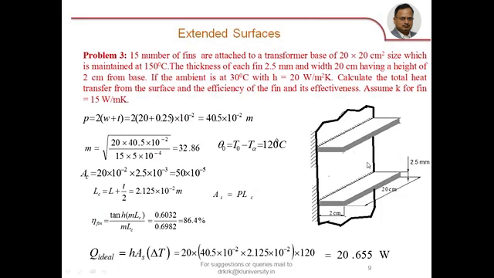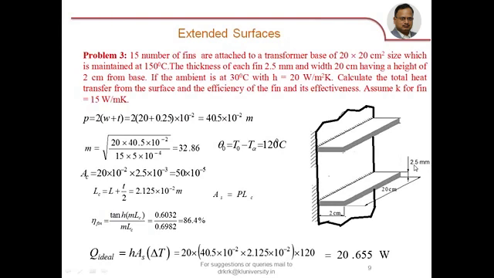Imagine 15 rectangular cross-section fins are attached to a transformer base of 20 by 20 centimeter square side and maintained at 150 degrees centigrade. That means this base plate is at 150 degrees centigrade. The thickness of each fin is 2.5 mm and width of the fin is 20 centimeters. This is the width. And having a height of 2 centimeters from base, that becomes the length. L is 2, W is 20,